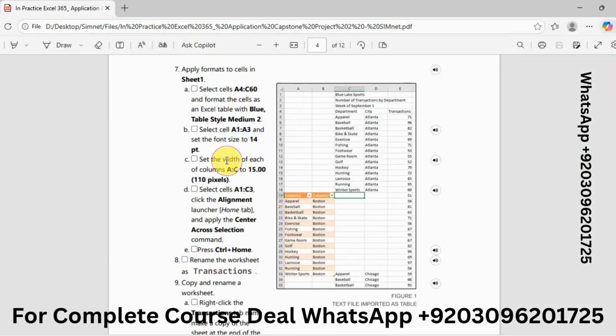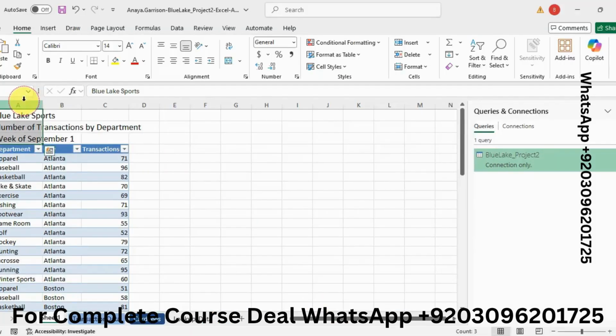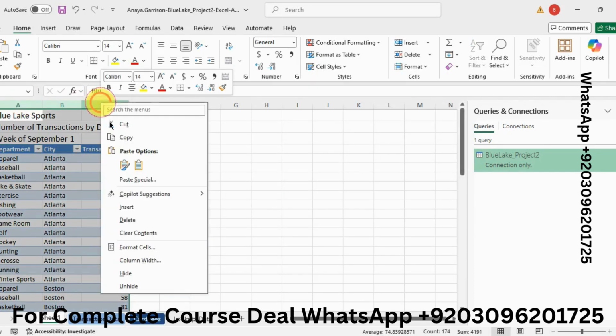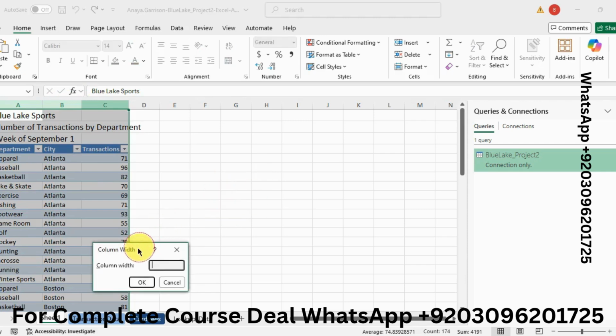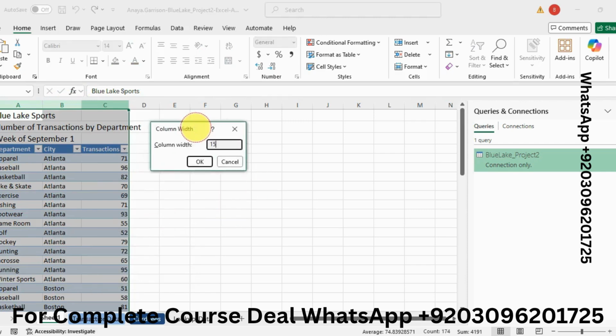Part C is set the width of each of columns A to C to 15.00. Select column A to column C, right click on it and click on Column Width, then type 15.00 and click on OK.